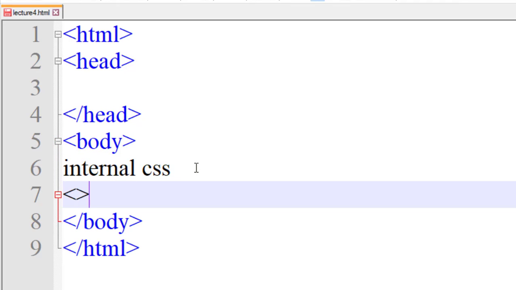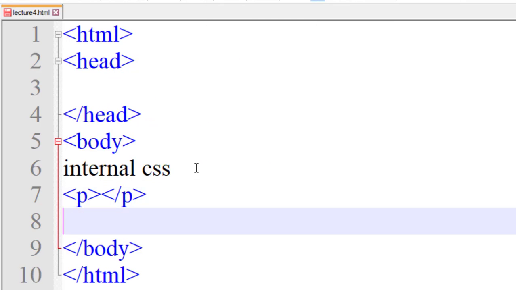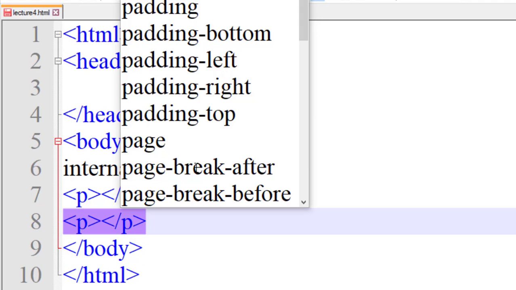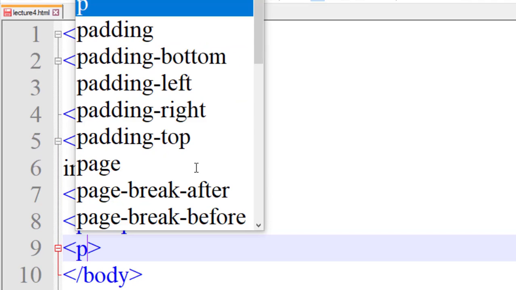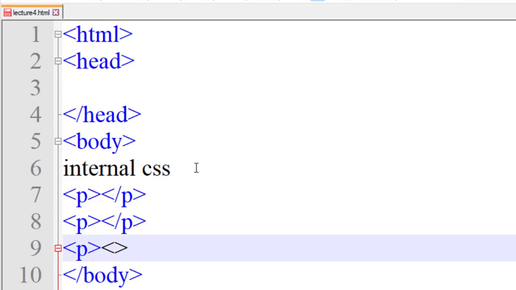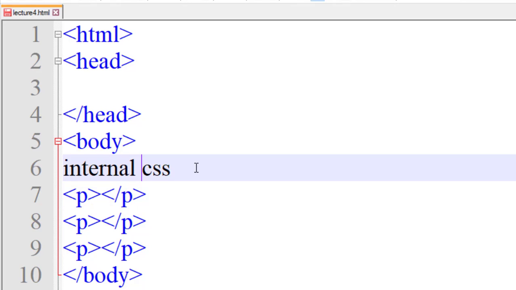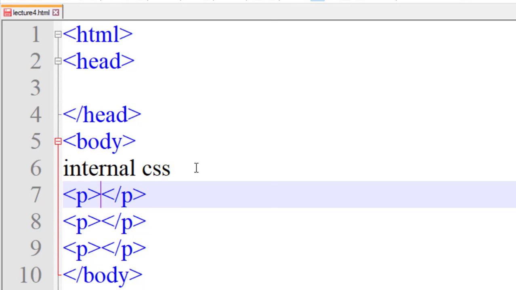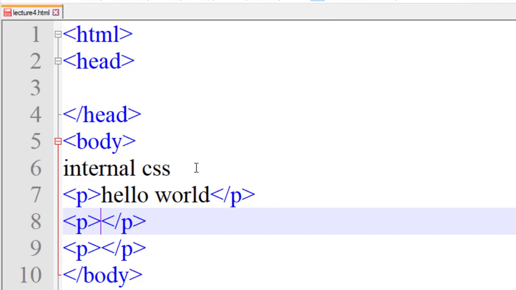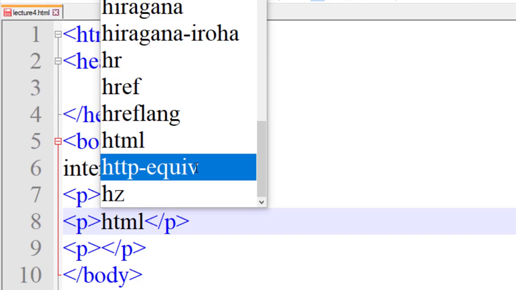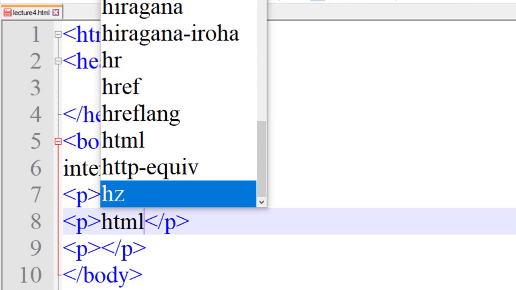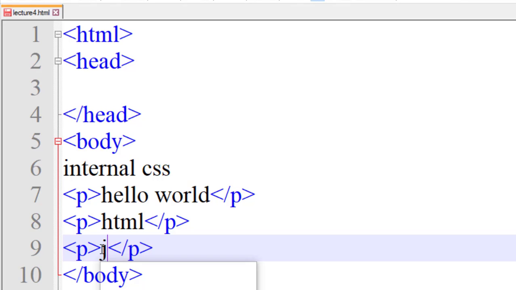Now I will write more paragraph tags. In the paragraph tags, I will write hello world, then HTML, then Java programming.